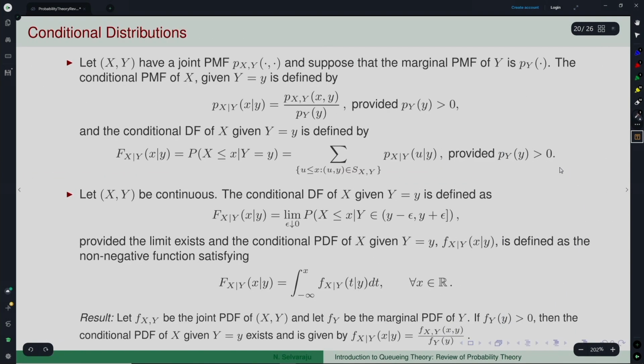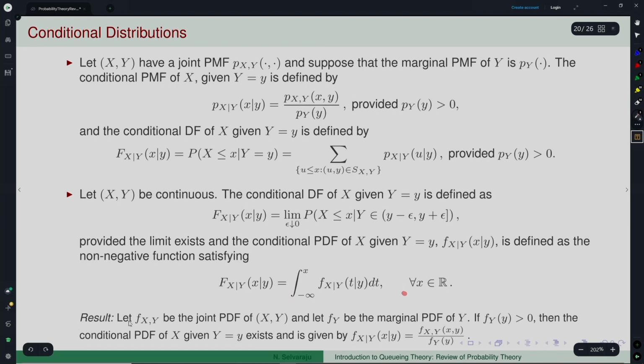In a similar way for the continuous case, there is slightly more complexity. You can define the conditional distribution function, but in the continuous random variable case the probability of the random variable taking a particular value is always 0. So, this conditioning event cannot have probability equal to 0. So, what you do is take a small interval around that point and then take its limit. That is how you define the conditional distribution function, and you have this quantity as the conditional density function, if this is related to capital F in this manner.